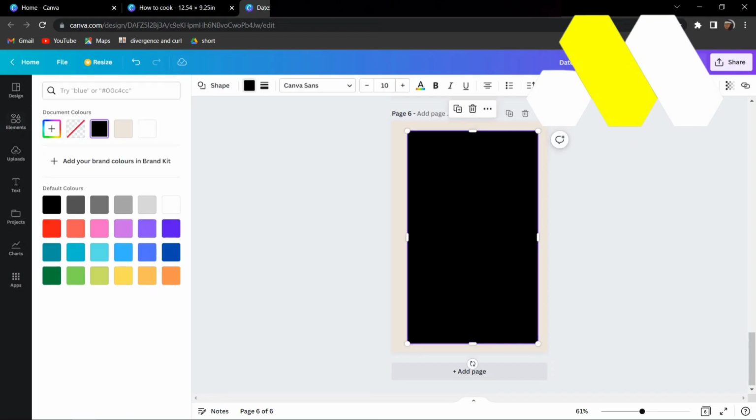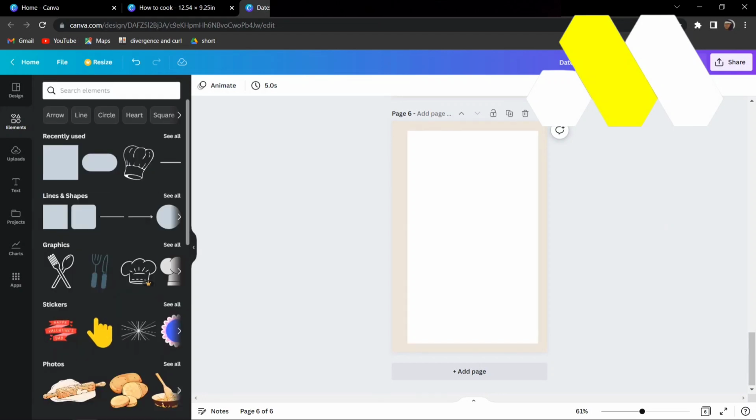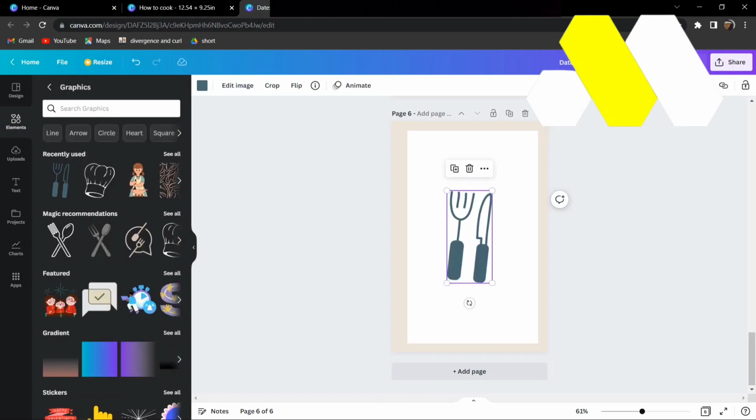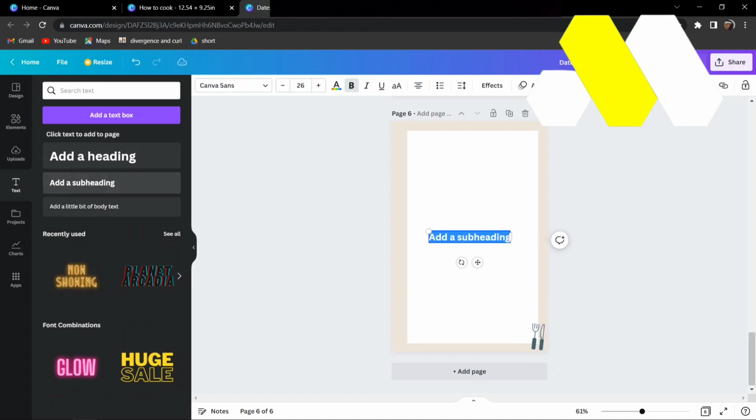Okay, there you go. This seems perfect. And we'll just make it white, like so. And then just go back into graphics and add something like this. Small it, and then just move it at the bottom here, because we don't want this taking much more time. And then over here I can add summary